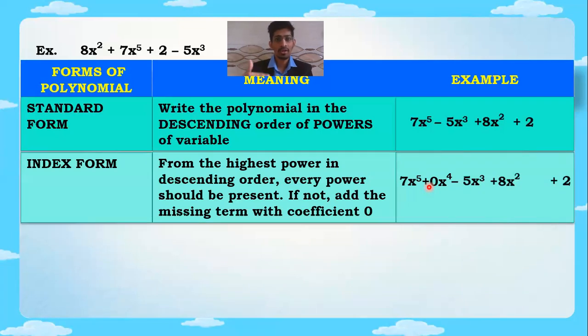And whenever we are introducing, always make sure that we are writing plus sign, because 0 doesn't have any sign, so we are writing plus sign over there. Raised to 4 के बाद raised to 3 is already there. Raised to 3 के बाद raised to 2, it is already there, 8x square. Raised to 2 के बाद raised to 1 होना चाहिए.